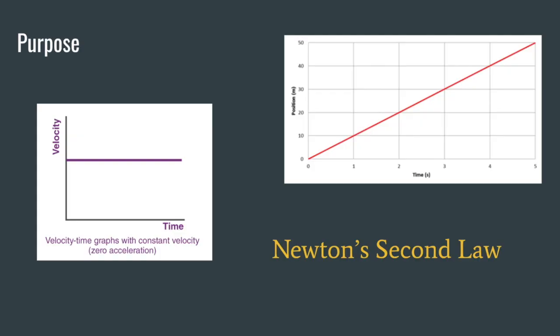So the purpose of this lab was to take a video of an object moving at constant velocity, meaning it's moving at the same speed and the same direction, and then to use the tracker software to analyze the video and track the position along a time interval, and finally use Newton's second law to model the position versus time. And the main result of the lab was that the model was a good predictor of the observed position versus